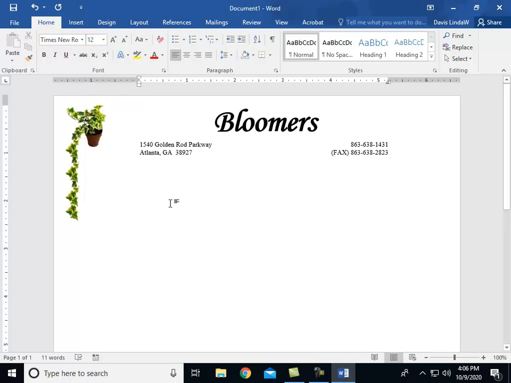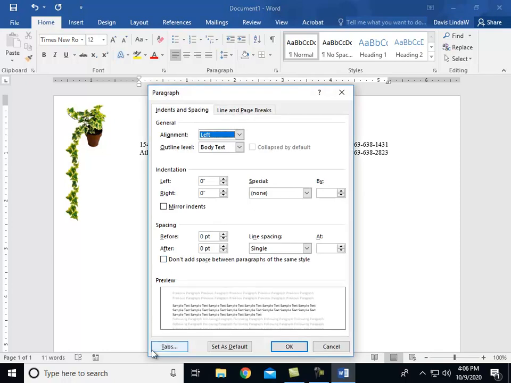And I'm going to get it ready for that new tab. So the next tab is a left tab that's 3 inches over. See the 3-inch area on my ruler bar here. So I'm going to go back to the paragraph ribbon so that I can get back to tabs in the